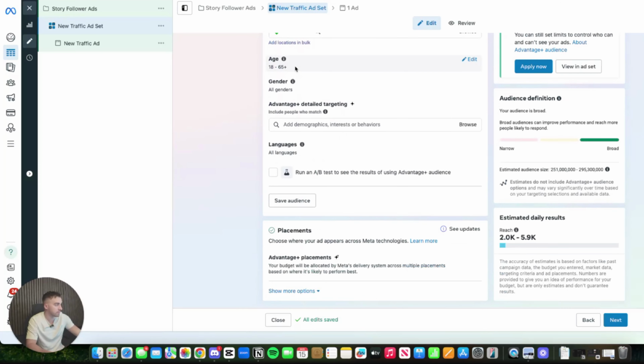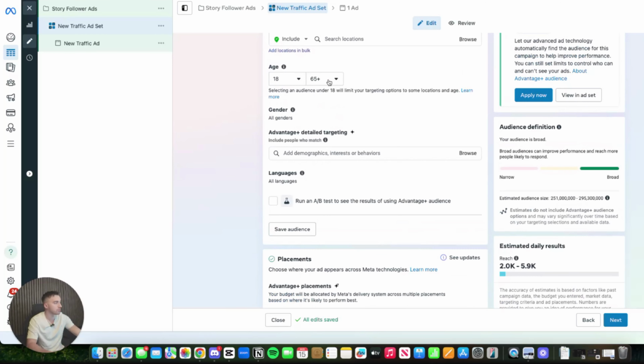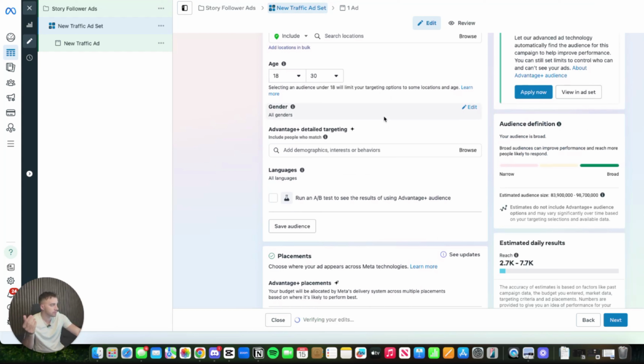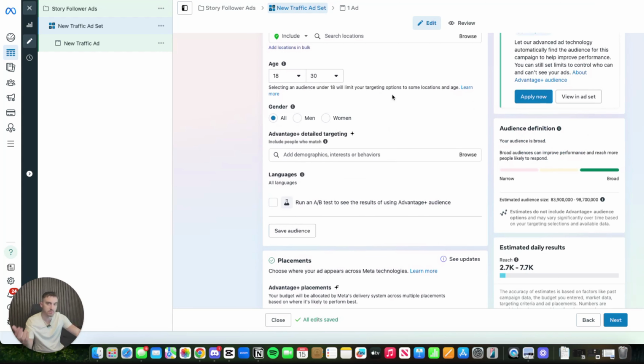Now you're going to see a bunch of information like this. So age: what is the age range for your audience? Don't leave it at 18 to 65. That's not what it is. Mine's 18 to 30, right? I'm talking to coaches, consultants, people with info businesses. Now as well, it's mostly male dominant for myself.